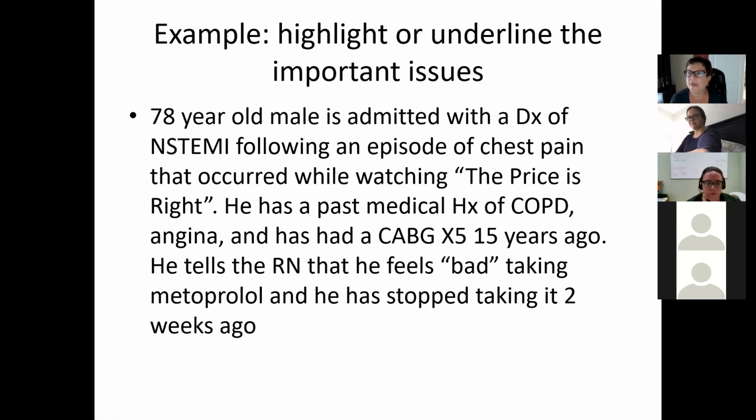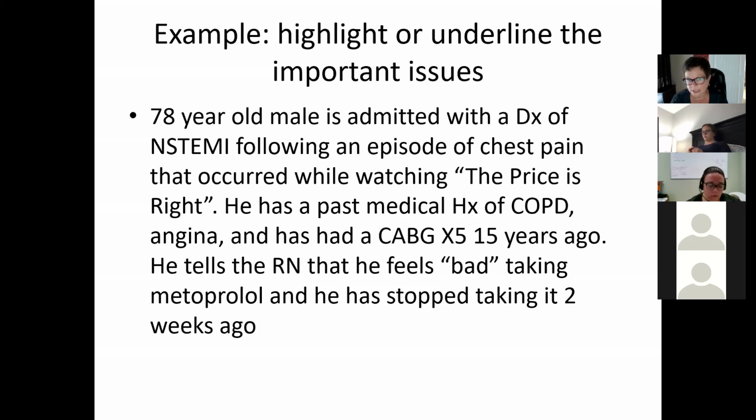Because he's at rest? Absolutely, because he's at rest. So this is pain that occurred at rest. Therefore, he's either unstable angina or a non-STEMI. They've told me he's a non-STEMI, but pain that occurs at rest is important to note. So he does have